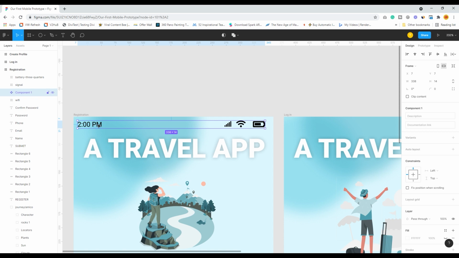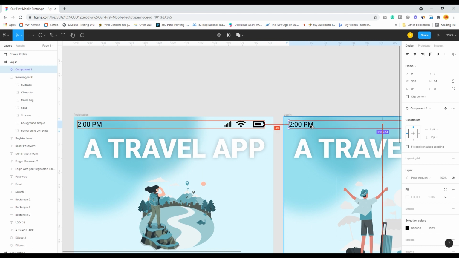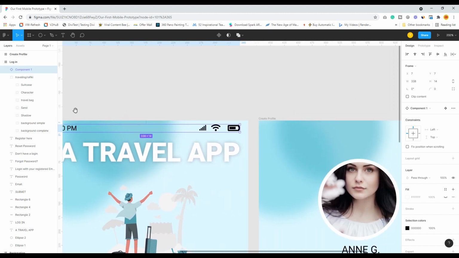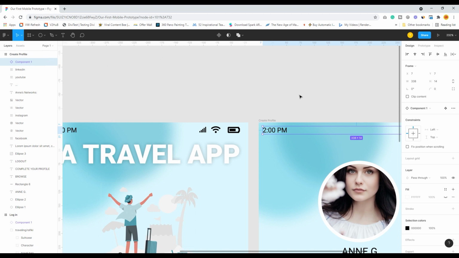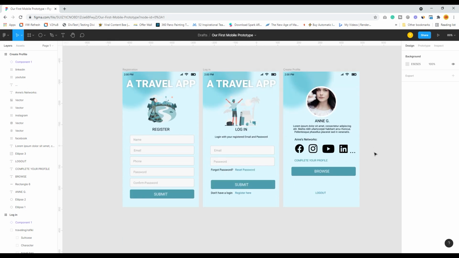I will alt drag this component, and shift alt drag, and I will put it in all the screens. See, automatically the component has gone into the login screen. Again I will take this, press alt and shift, take it to the create profile. See, the component has already been dragged in. Lovely. So these are your 3 screens.